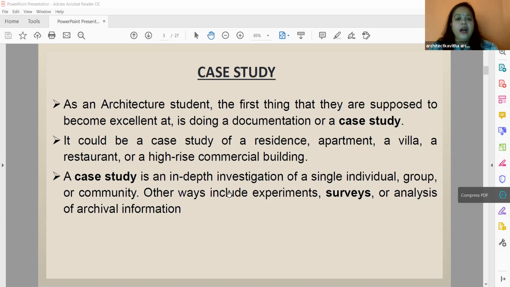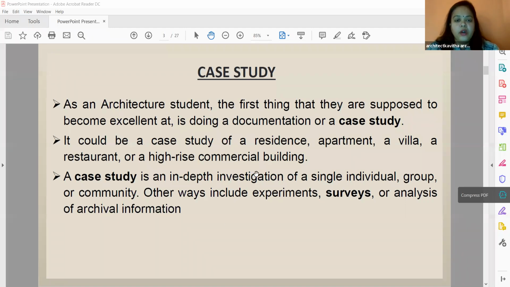So if you have in mind that you want to design your building as a passive design, then you have to choose similar projects. You can't take a very modern project and do a very traditional project. Whatever concept is in your mind, you have to choose your case study project similarly, so that you will get more details when you go to the site. So that is what a case study is about.